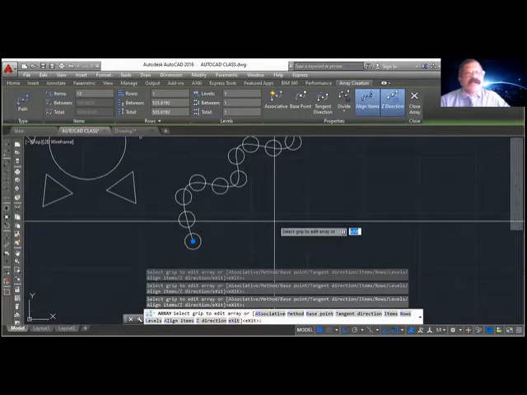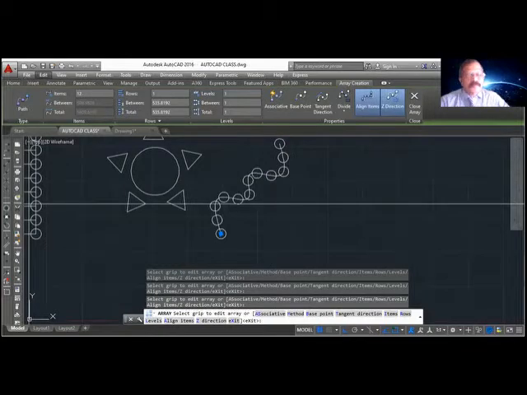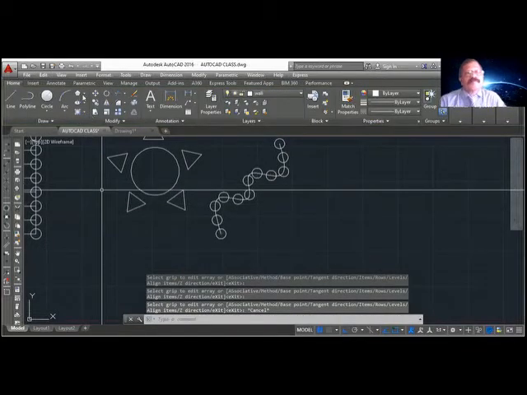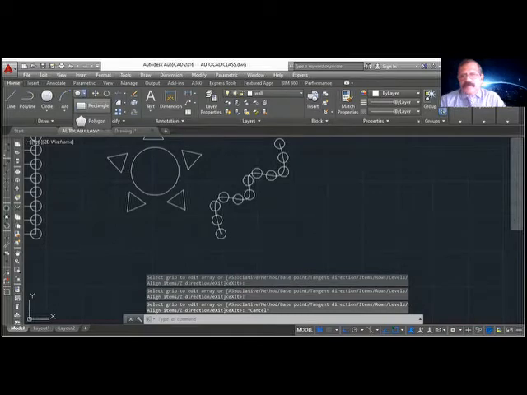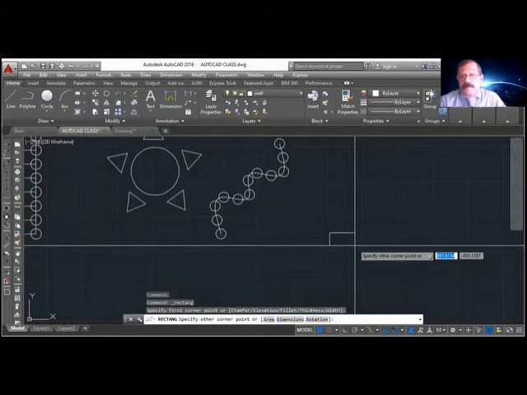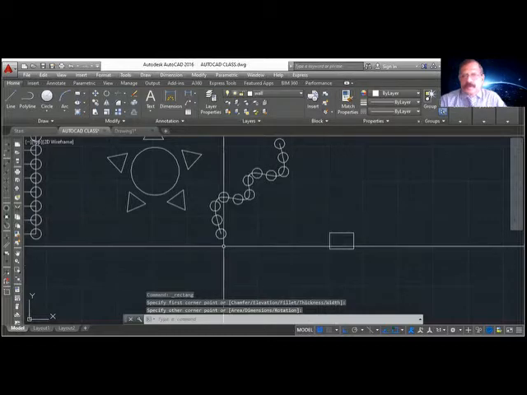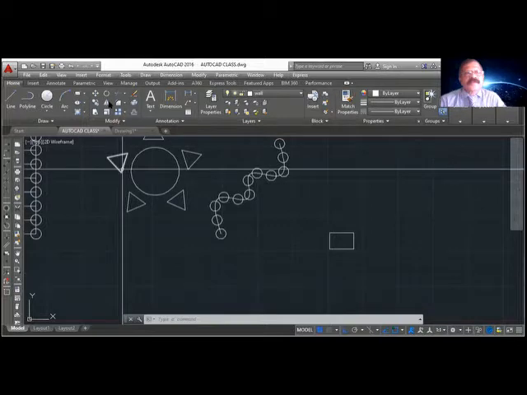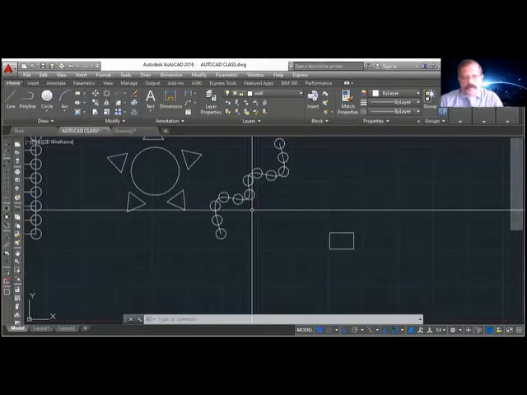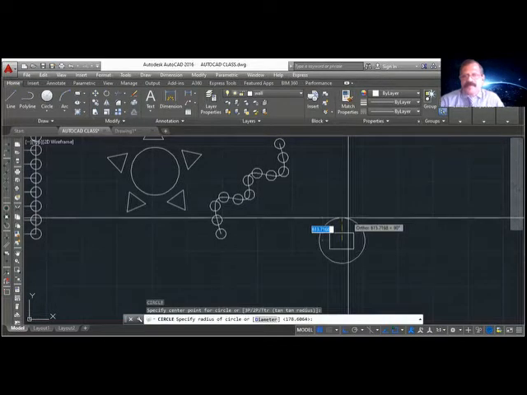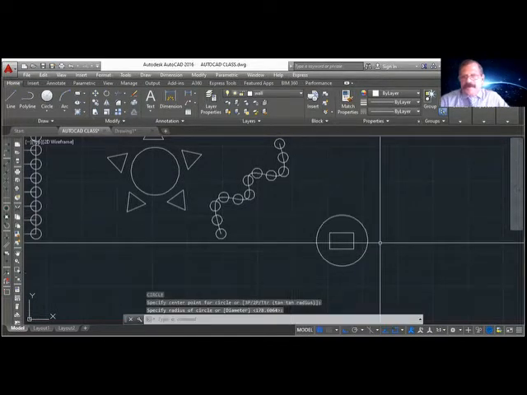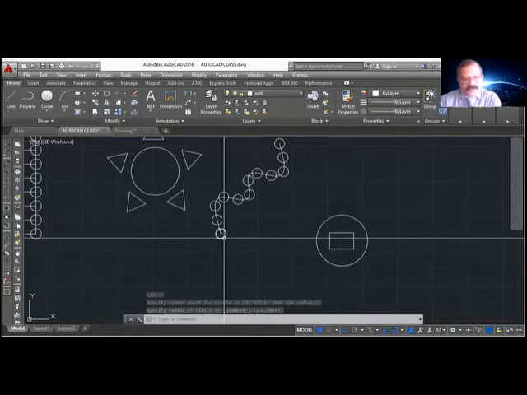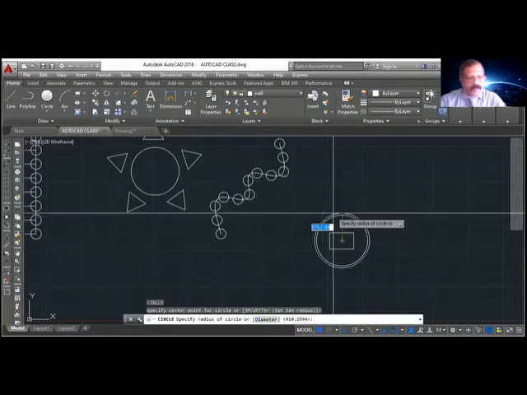For example, let us see, I have a small building here. I want to keep my trees around this building. So I will use a circle, C for circle. I will draw a path. I want to create a tree. Suppose my circle, this is my tree. I will just create a small circle there.